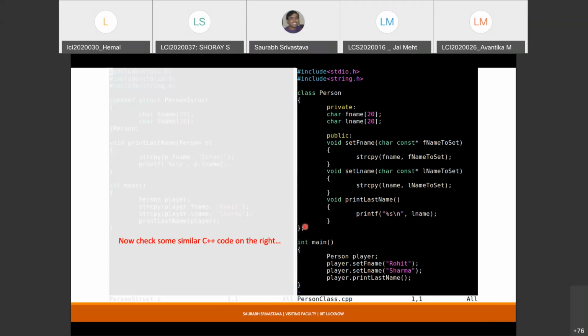Now you can see that these functions are not written here. They are not a peer of main. These functions are basically contained within the code block of this class, right? This is significantly different from how we created structures, right? When we created structures, we only had these member variables. There were no functions out there. But in this part of the code on the right, you could see that there is something within this code block. Okay, so why is it so? This is the actual part.